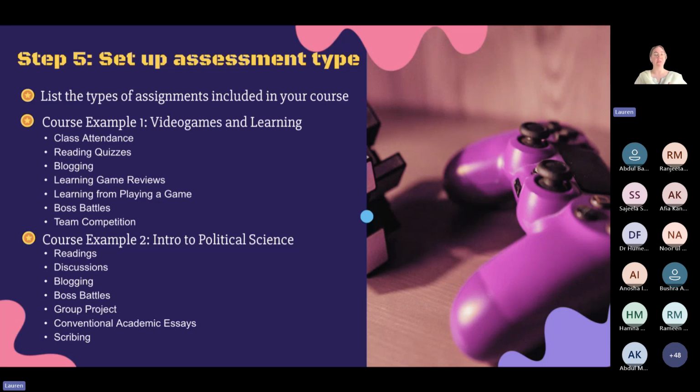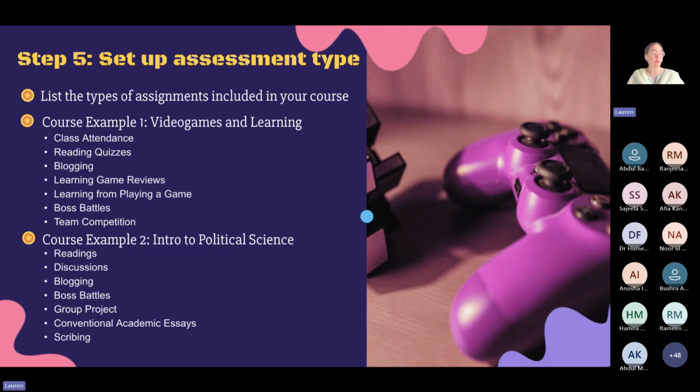For example, in Intro to Political Science, we have conventional academic essays, which we don't have in Video Games and Learning. Or in Video Games and Learning, we have learning from playing a game, which we don't have in Intro to Political Science. So depending on your course and the contents of your course, you might have different types of assessments. They can be more specific in this way in order to help guide you through the next steps.